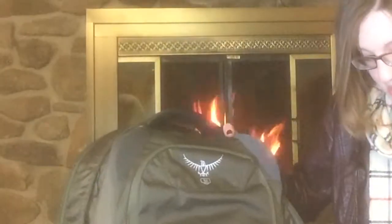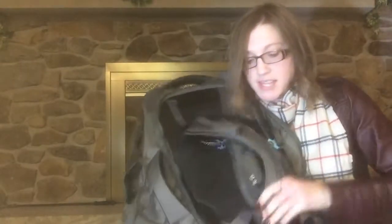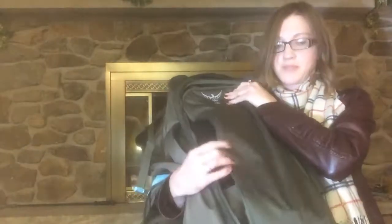The other thing I was looking for was the carrying straps. So you don't see any straps here, which is really cool because it has a secret compartment to hide the straps. So you unzip this, and here are your straps. And it has a chest clip, and it's got a waist belt over here, and you can just tuck these in. So if you're going through security, or if you're going to be on a train and these can get caught on things, you don't want that to happen. So you can just tuck these in when you're ready, and you can just close it up, zip this right up,